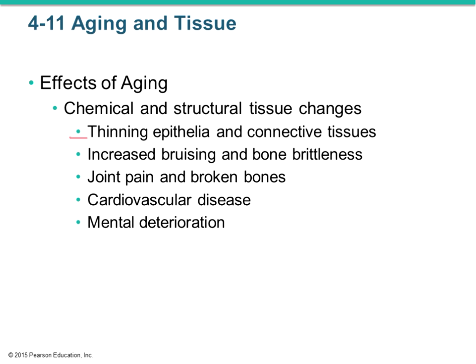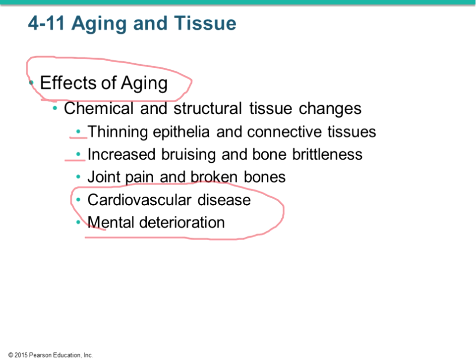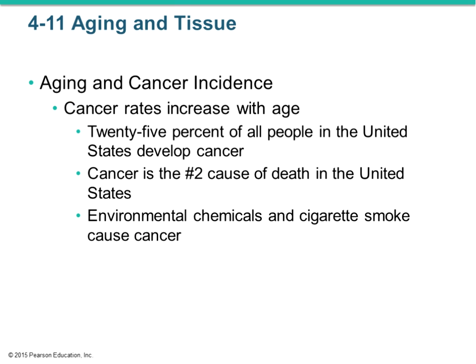Some of the effects that we're going to see with aging are thinning epithelia and joint pain, bone brittleness, cardiovascular changes, and mental deterioration. These are all components that are going to be happening with the aging process. So make sure to review those and have a good understanding of what we're seeing with aging. Cancer is also going to increase as we get older. A lot of this has to do with our immune system. Our immune system is not as effective as we age. It diminishes in effectiveness as we age, and we'll look at that a little bit more when we talk about immunity